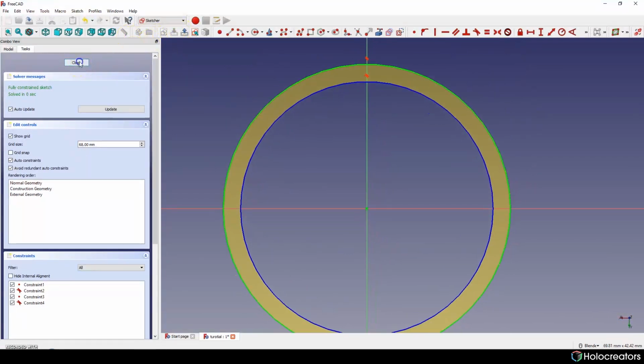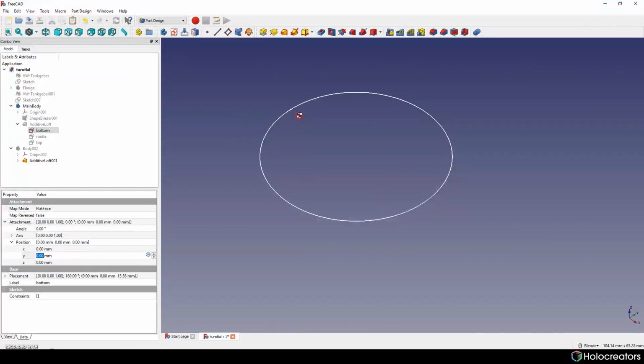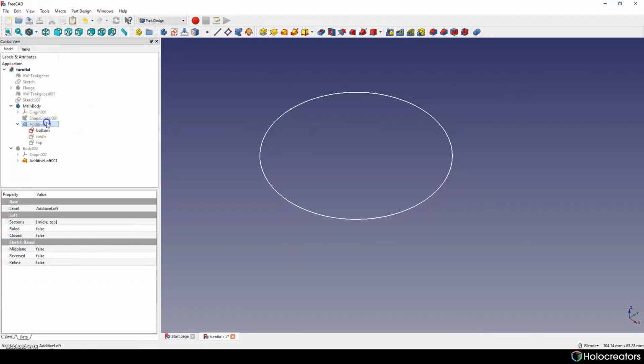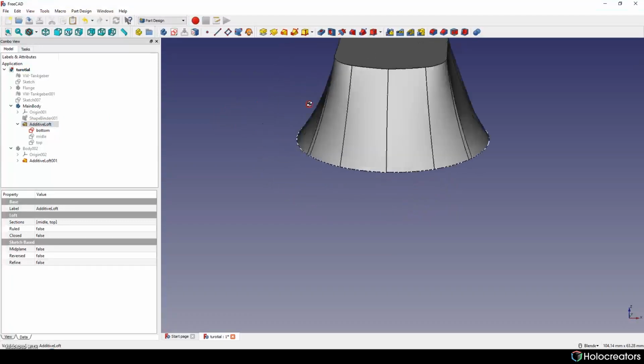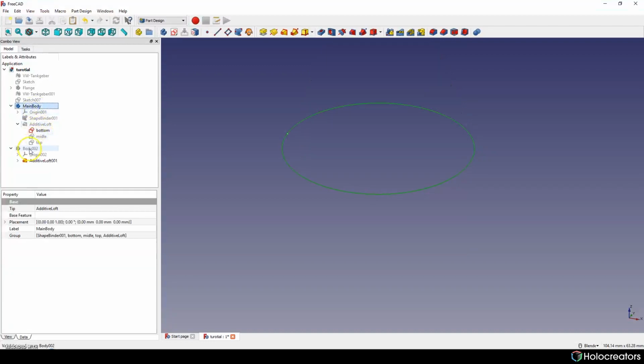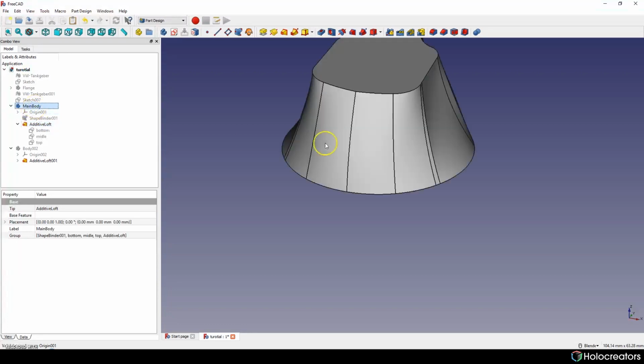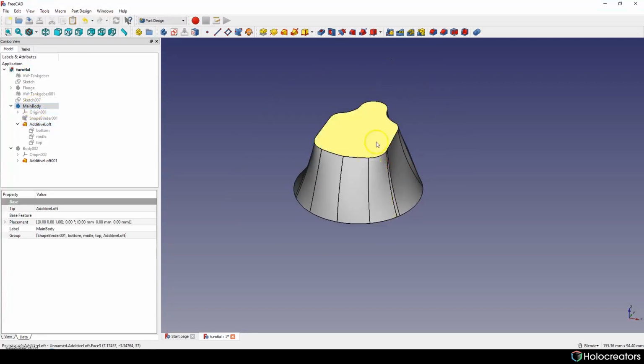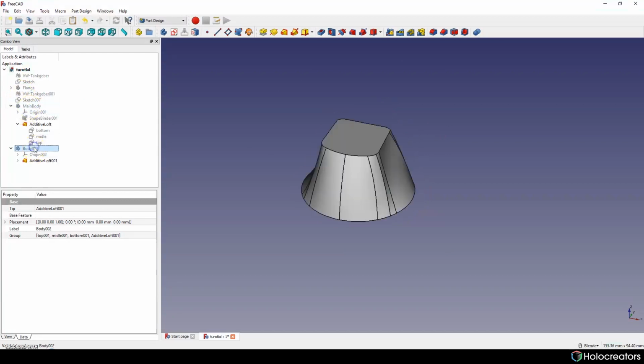So after this we did loft for two sections, and we came up with two bodies, outer shape and inner shape.